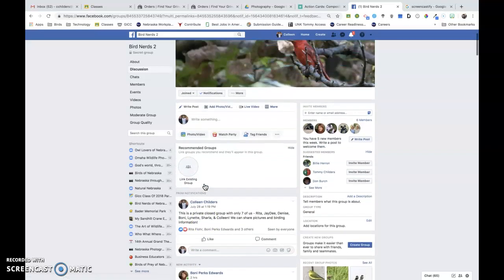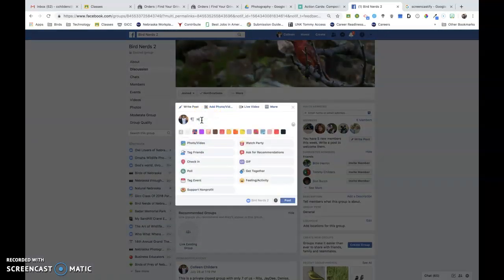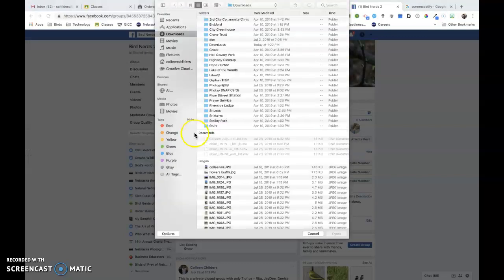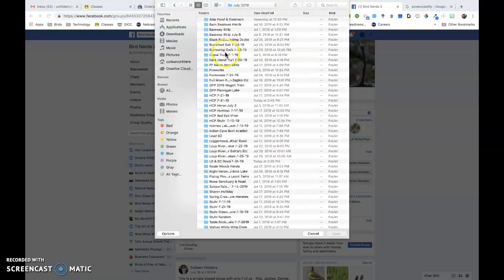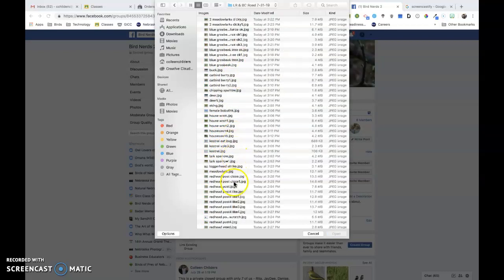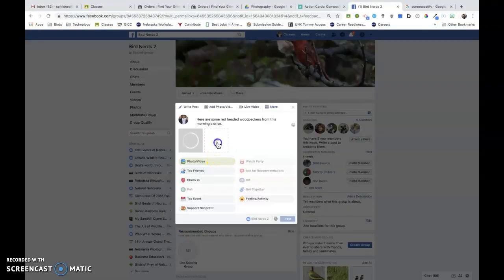If you want to add a picture or write something, type what you want to do, go here to photos, and you got to navigate to your pictures and find what you want to post. So I'm just going to go here, and I know I got some different redheaded woodpecker pictures. I'll add that one,